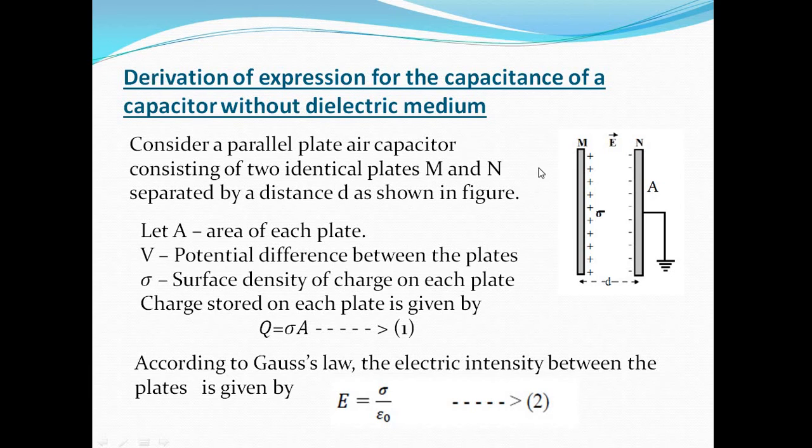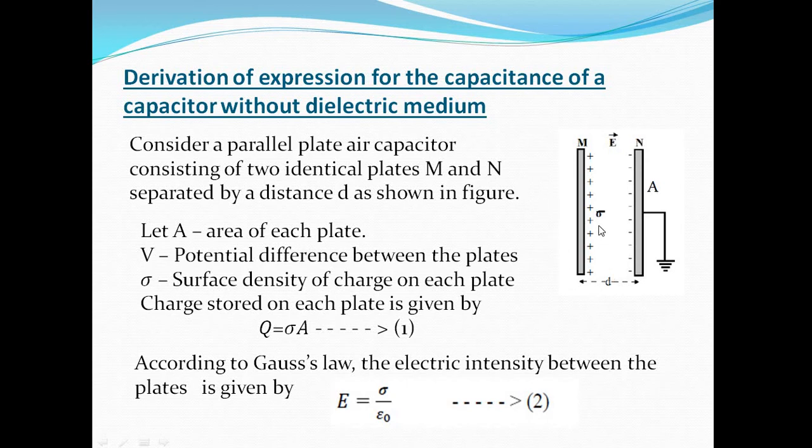Okay, consider the parallel plate capacitor. The two plates are named M and N, and A is the area of each plate. d is the distance between the two plates. See here, E is the electric field between the two plates. So, there will be a potential difference between the plates. So, V is the PD between the plates. Okay, wherever the charges are present, an electric field is also there, and an electric potential is also present in that region. Okay, students, Q is the charge on each plate, and sigma is the surface density of charge on each plate. So, what we have to consider?